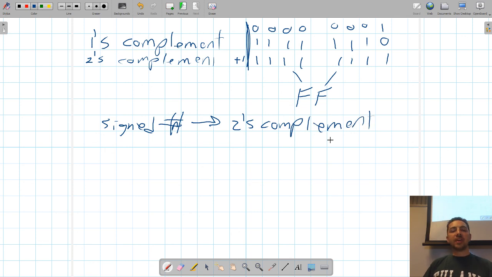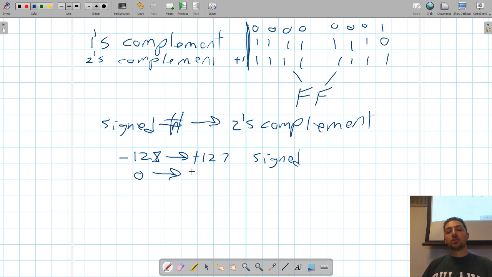Valid things that you can throw into this are -128 to +127 for signed numbers, or 0 to 255 for unsigned